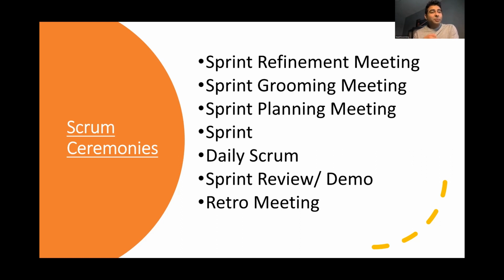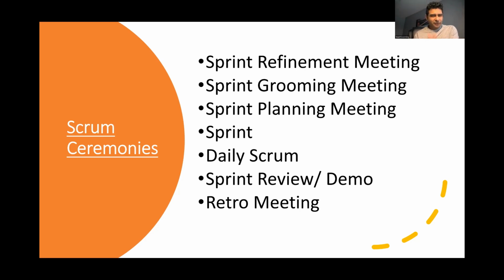When the sprint starts, it's basically 2 weeks of sprint. Developers start working on the user stories. Once development is done, the QA tests it. Once the QA tests it, you also test it at a high level, because the second last meeting, the sprint review or demo, is the meeting where you provide the review or demo of what feature has been done or what product has been created in front of the stakeholders, SMEs, or business. This is the place where you can show what has been done in the last two weeks and what exactly has been created.